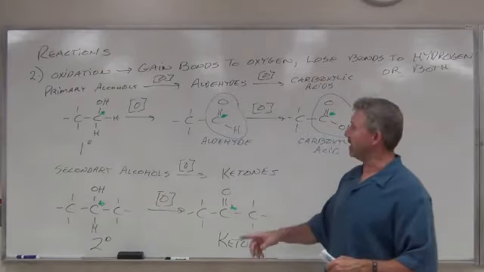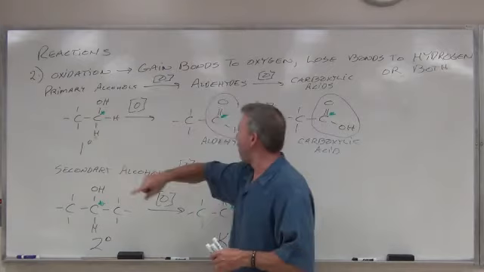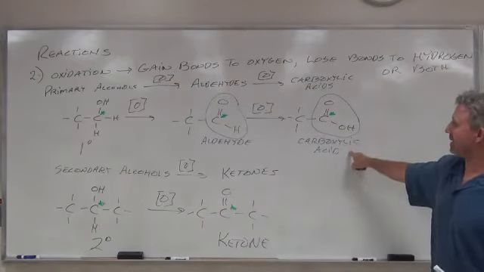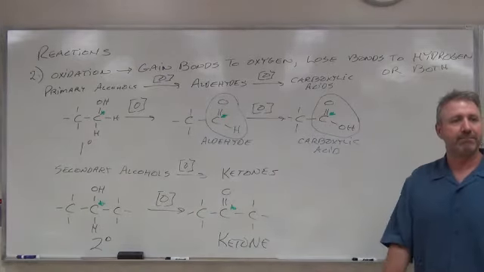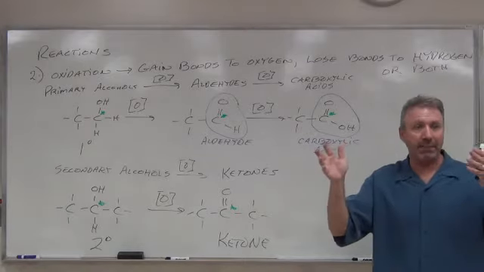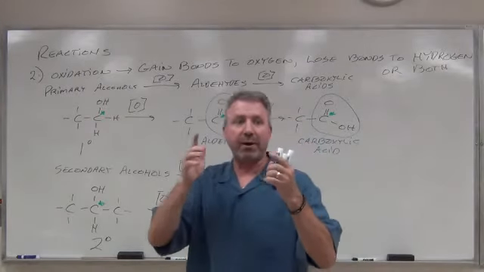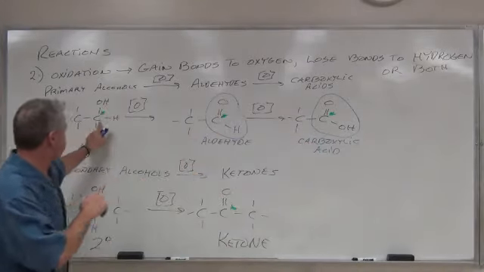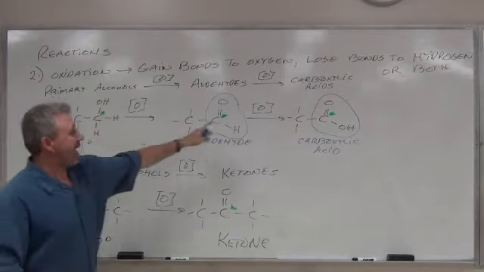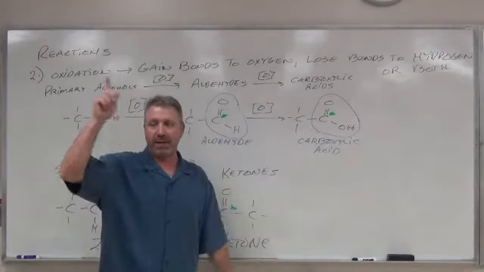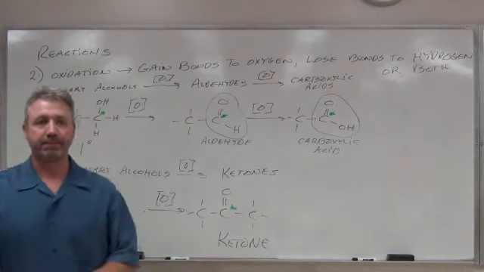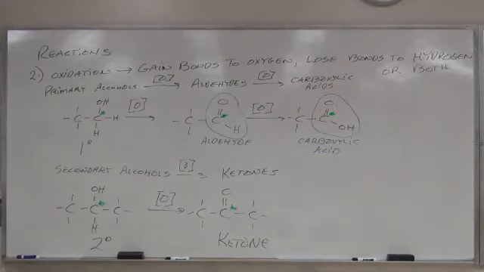Okay? You can look at things and you can say, primary alcohol to carboxylic acid, that's oxidation. I don't really know how it happened. I don't really know why it happened. But I see the carbon that contains 1 bond to O now has 3 bonds to O, oxidation. Okay? Everybody good?